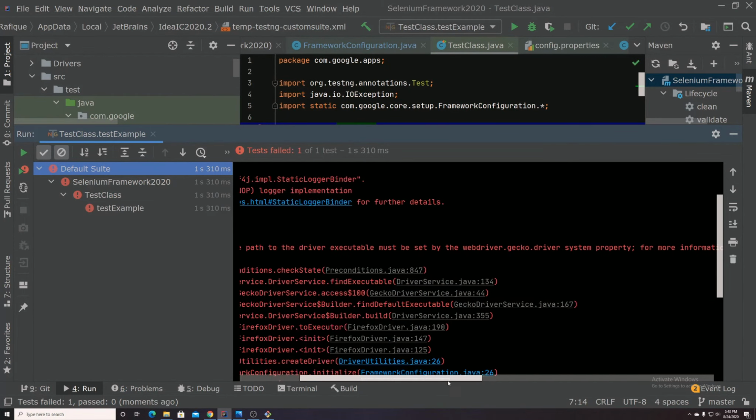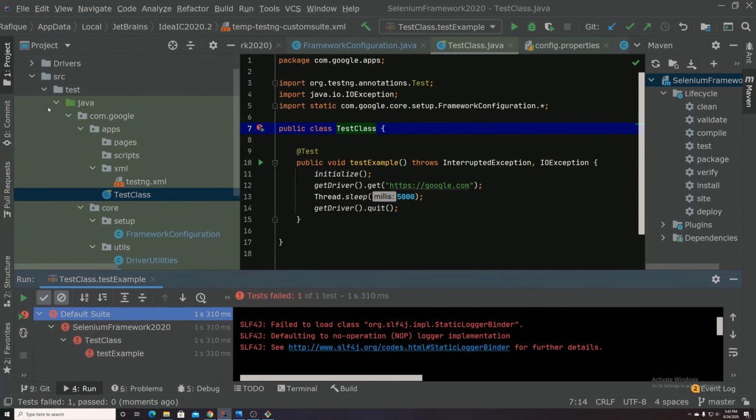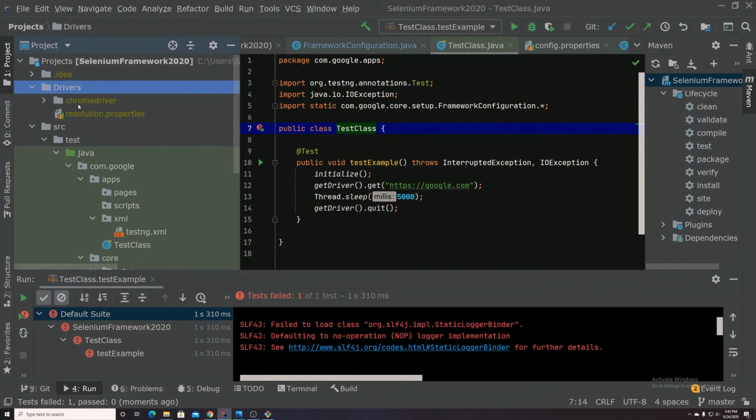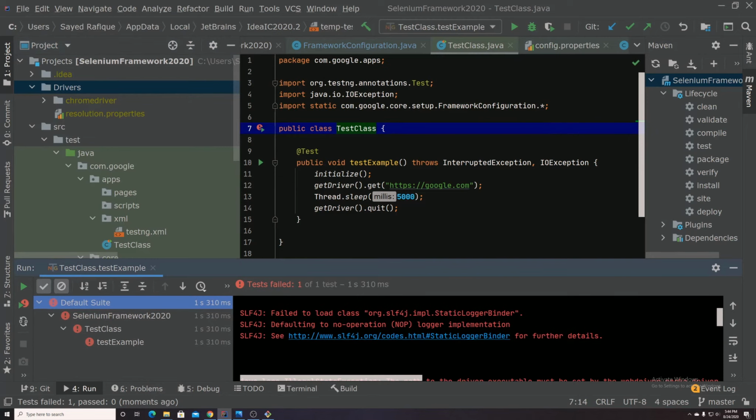So we are getting some error. Let's see if the driver brought anything. So we got the Chrome driver. That's fine. Oh, okay. Well, you know what? I made a mistake because